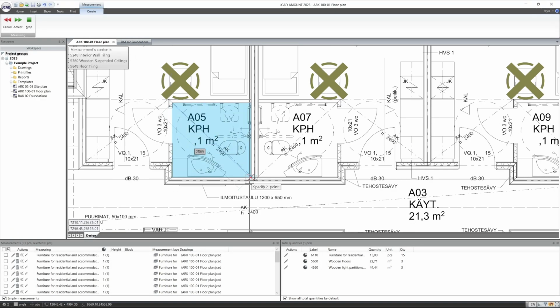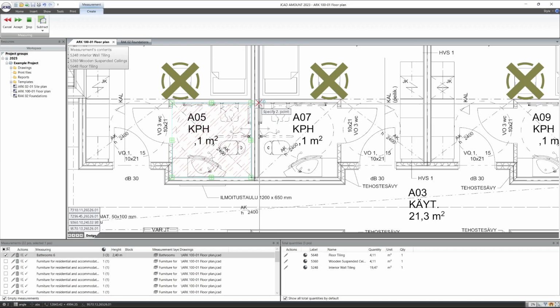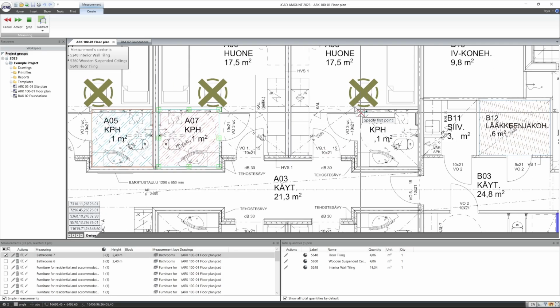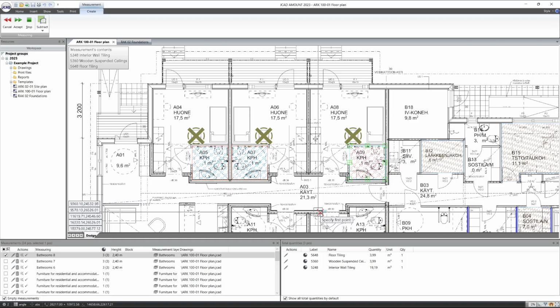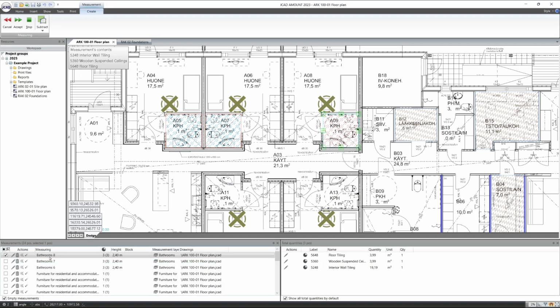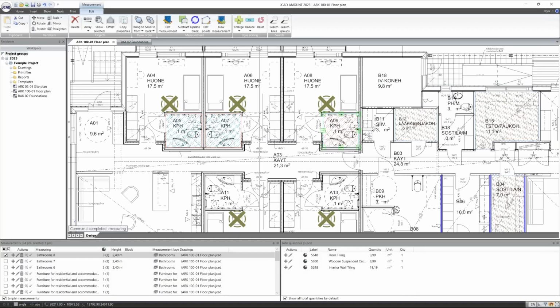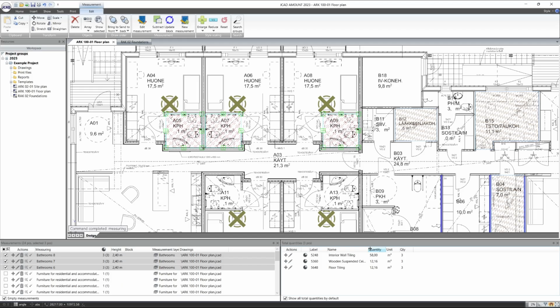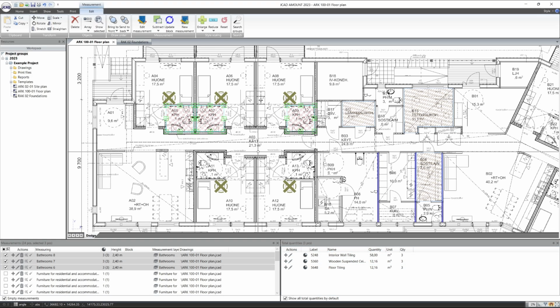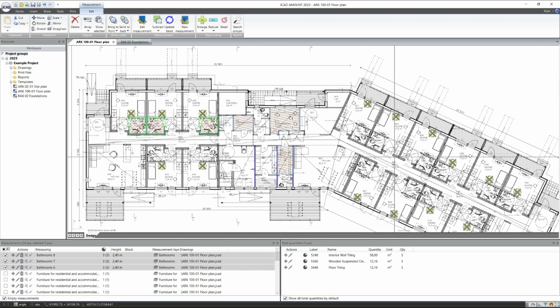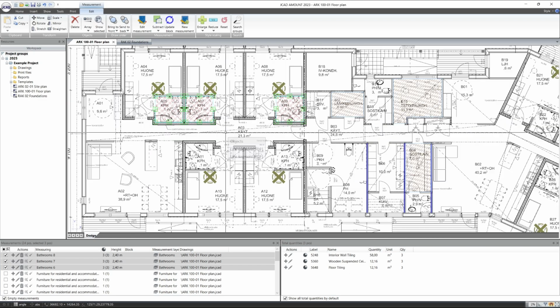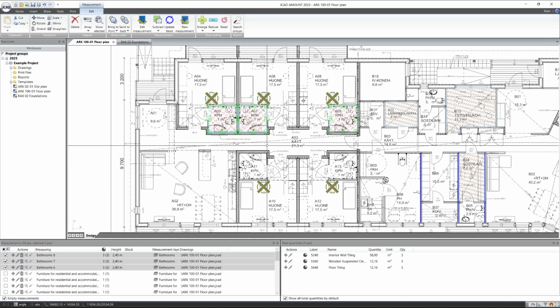First one comes up here like this, then the next one, and so on. So every bathroom here will be separated, and once I am done with the measurements, I can right click and select all these bathrooms here, and all the total quantities will be combined in here also. Basically, you could go through all the bathrooms you have, click, click, click, and so on. But with the JCAD AI, we can do the same thing again,